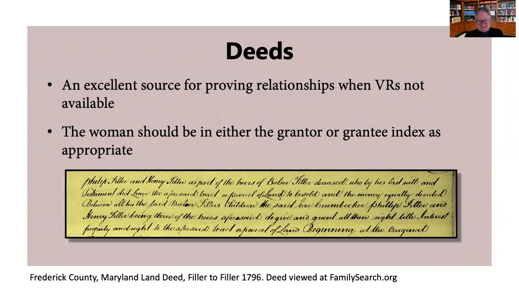Now, deeds can be an excellent source for providing relationships when vital records are not available. This is a very nice example of how a deed can list a woman by her married name when she inherited land from her father. This deed reads, Philip Filler and Henry Filler, as part of the heirs of Balser Filler, deceased, who by his last will and testament did leave the aforesaid tract or parcel of land to be sold, and the money equally divided between all the said Balser Filler's children,